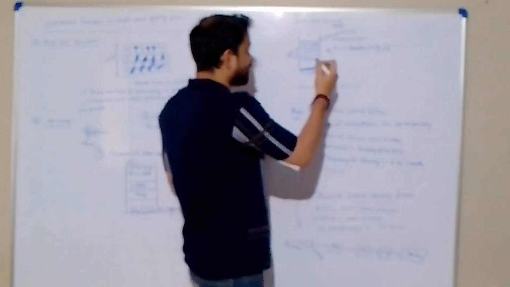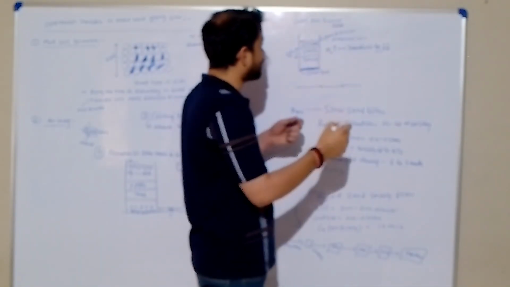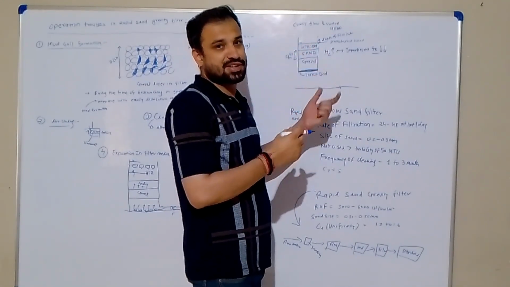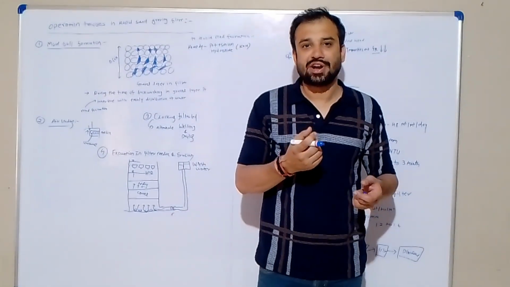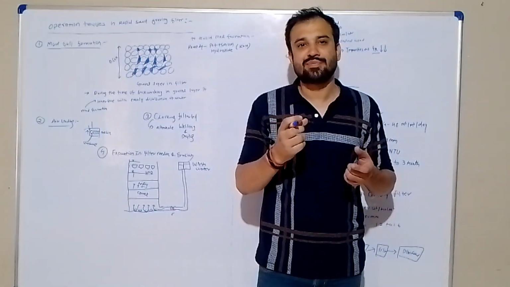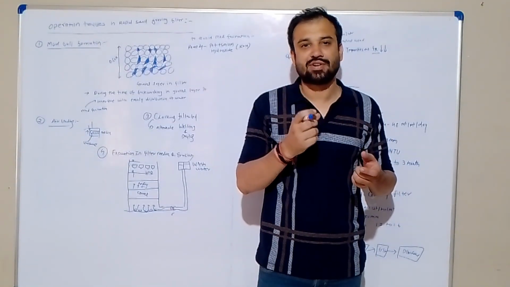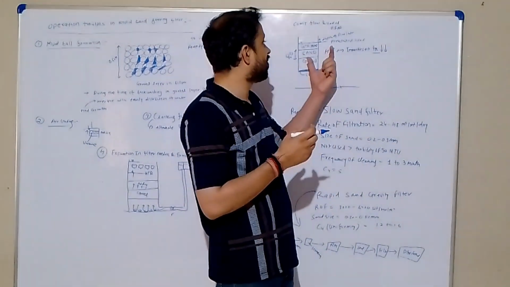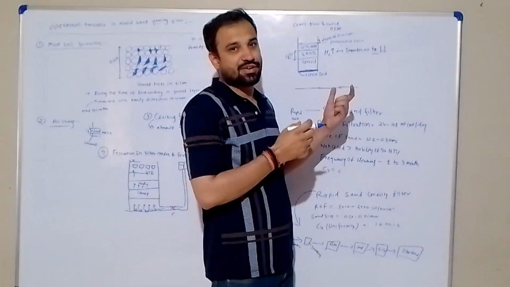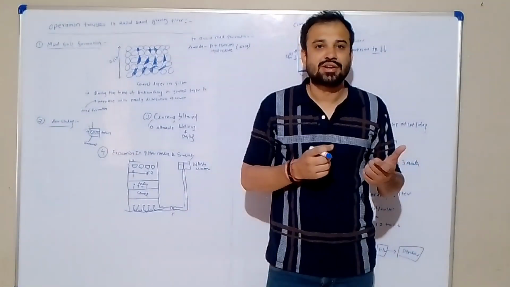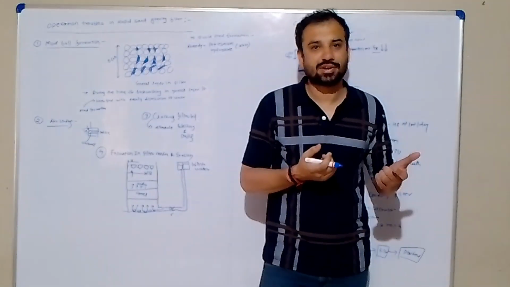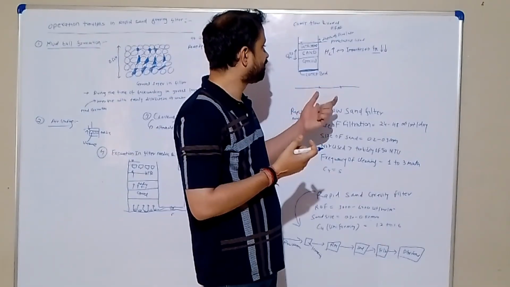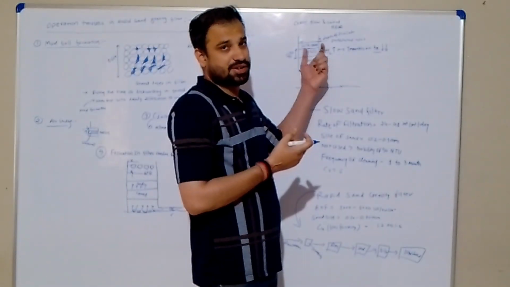In the whole filtration process of the rapid sand filter, the static head and media resistance are equal. This is the minimum design criteria for a rapid sand gravity filter. If media resistance and static head are equal, it is fine. If this is exceeded, that is not in our syllabus, so that is not in our range. So we provide extra head or